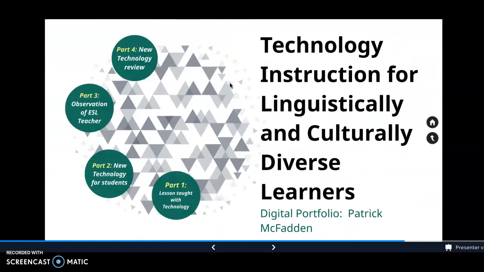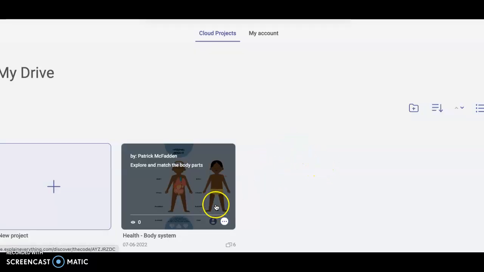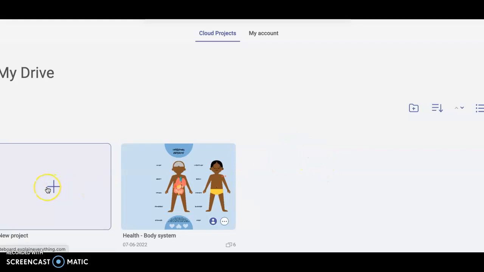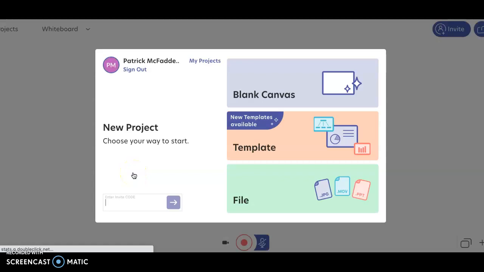And then part 4, the new technology that I reviewed. I came across an app called Explain Everything. This was a great app. As you see here, you can click on create a new project. There are many purposes and many things that you can use this for. I think primarily, I would use it to create projects